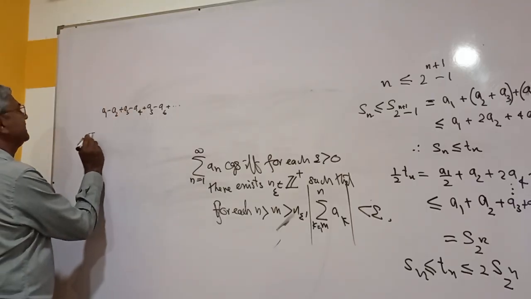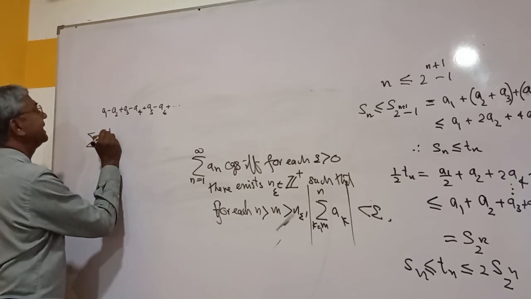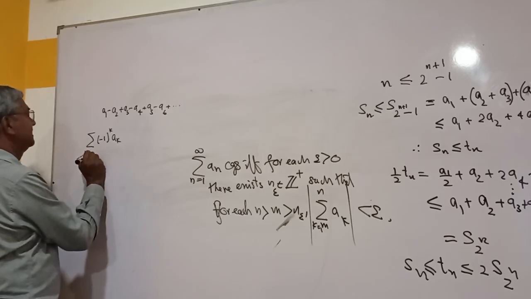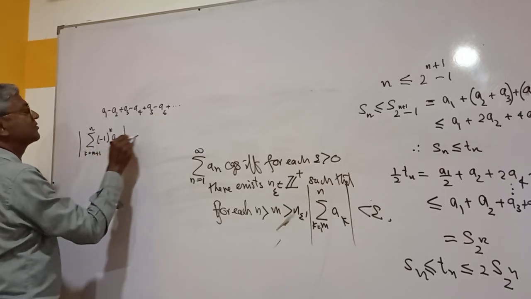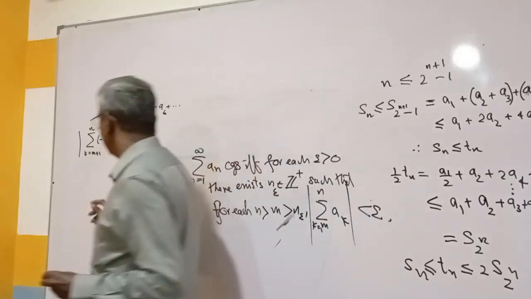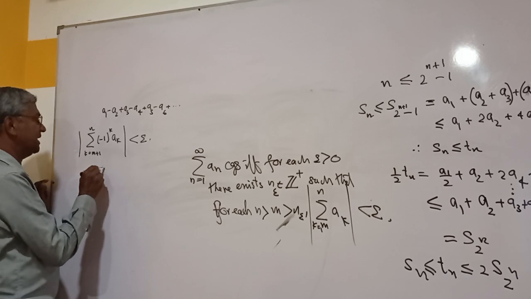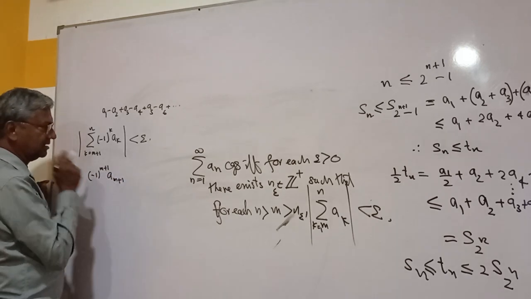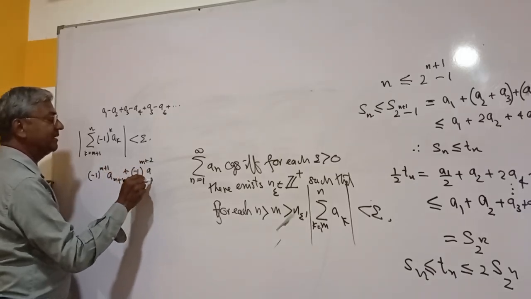If you use the Cauchy criterion, you get sigma of minus 1 to the k, with k going from m plus 1 to n. We need to prove this is less than epsilon. So what I am trying to show you is that this is minus 1 to the m plus 1, A m plus 1, plus minus 1 to the m plus 2, A m plus 2,